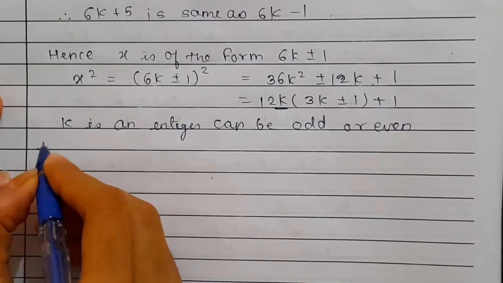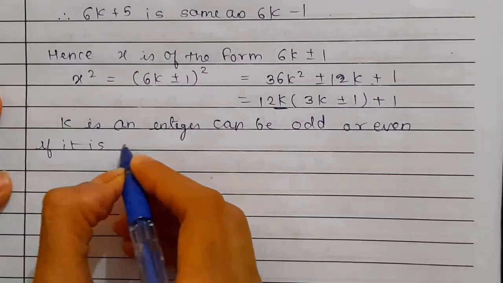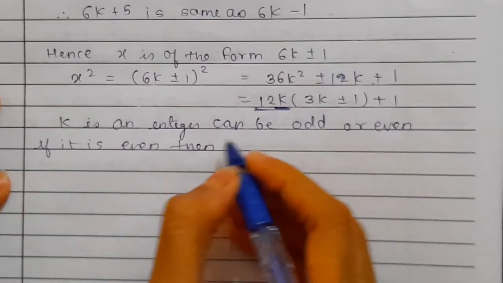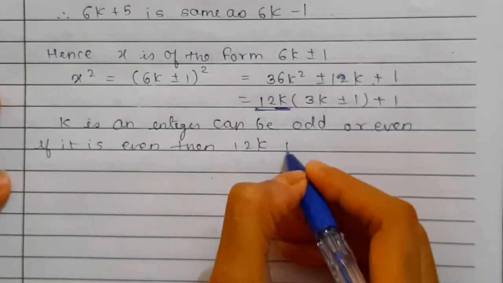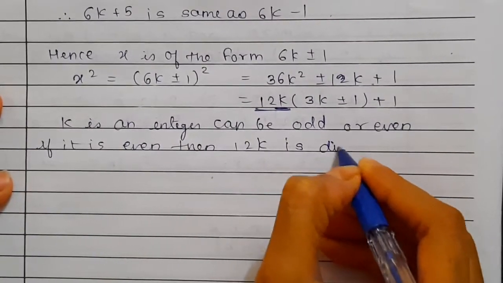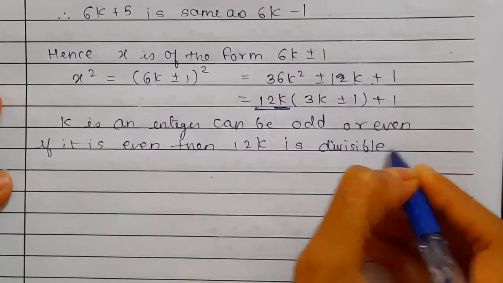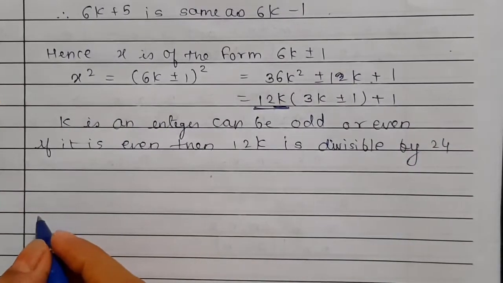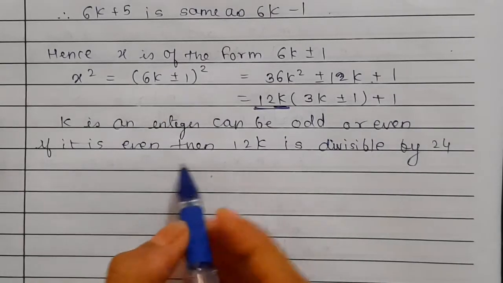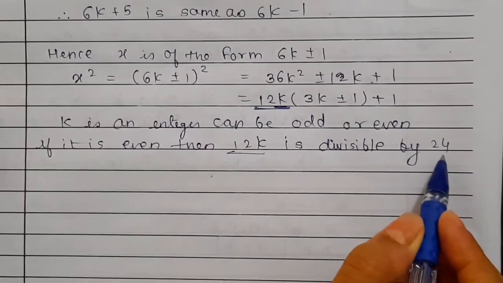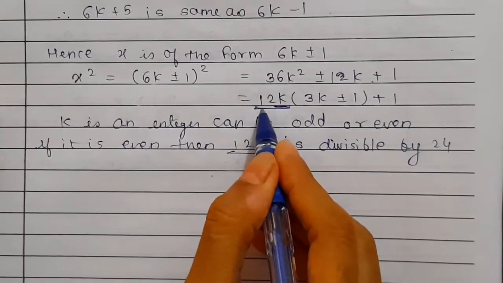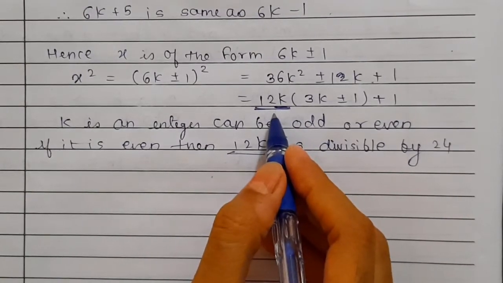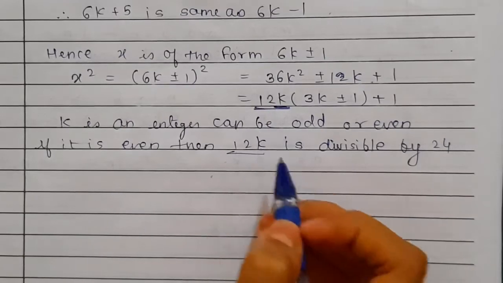Okay, so if it is even, then this 12k is divisible by 24. Okay, that's what we have to show. So this 12k is divisible by 24, because here if you take any even number times 12, that number is divisible by 24. Okay,